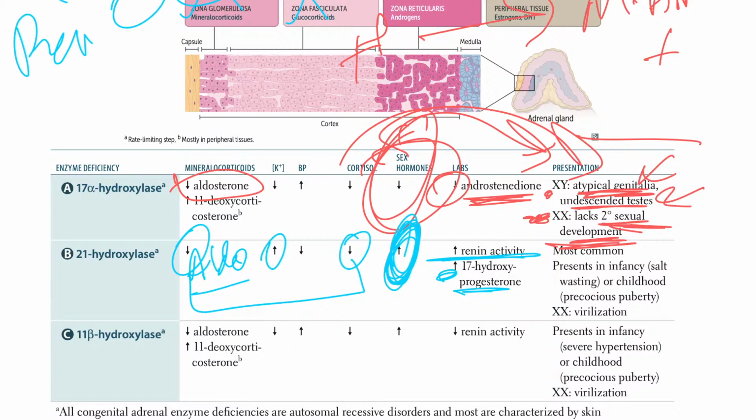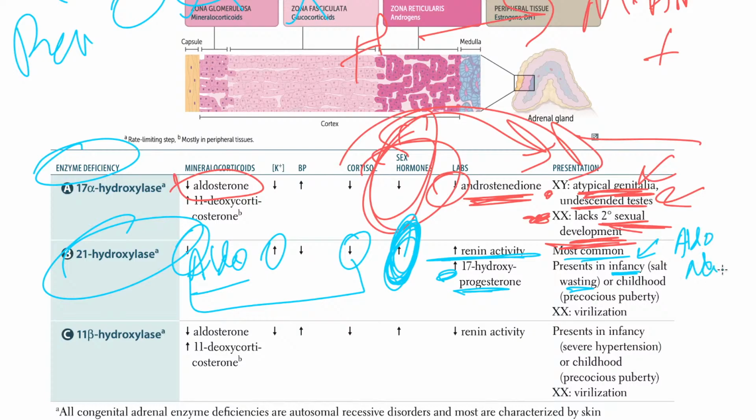What's going to happen with presentation with 21 hydroxylase is most common. Okay, this is most common enzyme deficiency. It presents in infancy, which is salt wasting. The patient is going to present in infancy with salt wasting because if you recall, aldo was doing what? Sodium retention. When you can't have sodium retention, you have all that sodium going into the urine, causing salt wasting, okay, or childhood